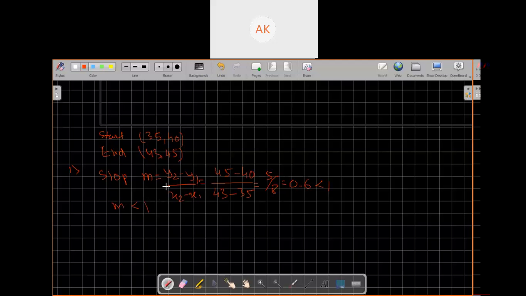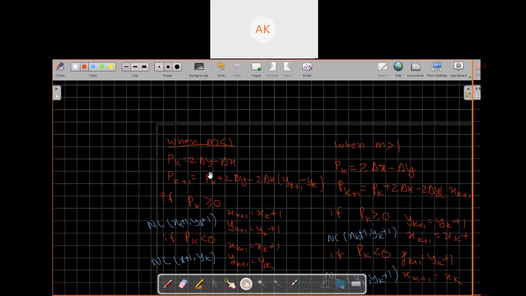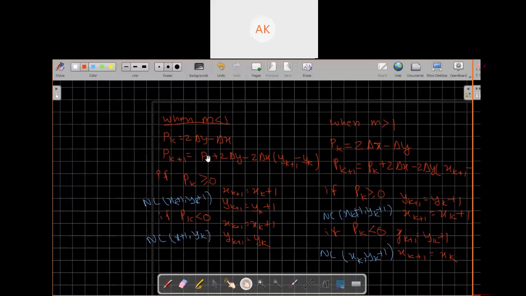When you calculate the slope using these given points, your slope is less than 1. This is the first case you would consider. Okay, when m is less than 1,